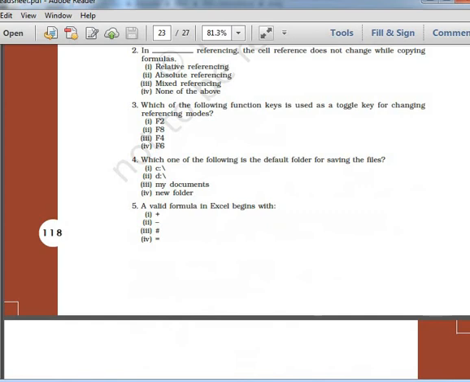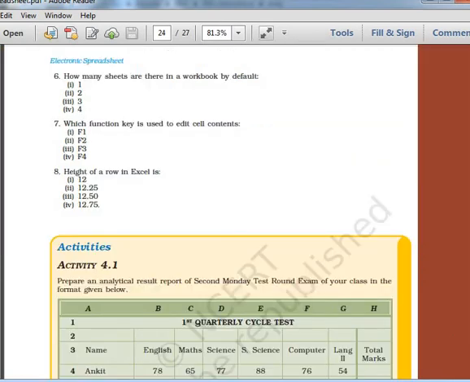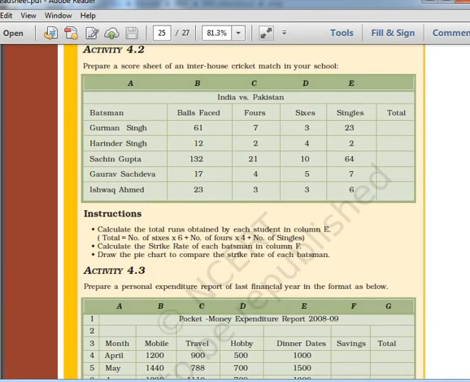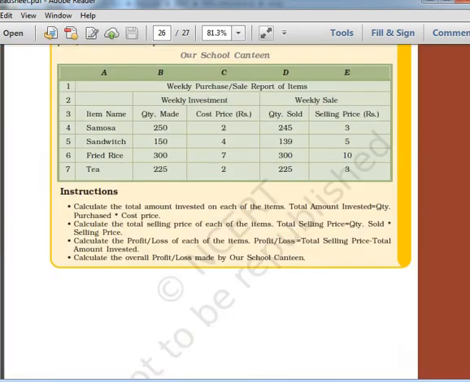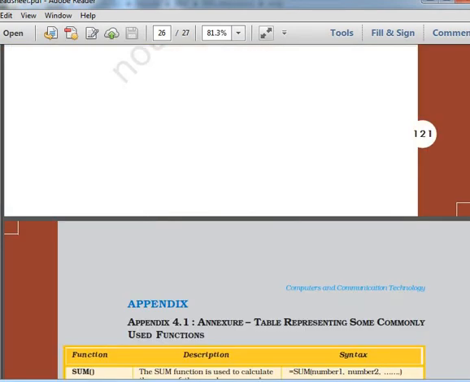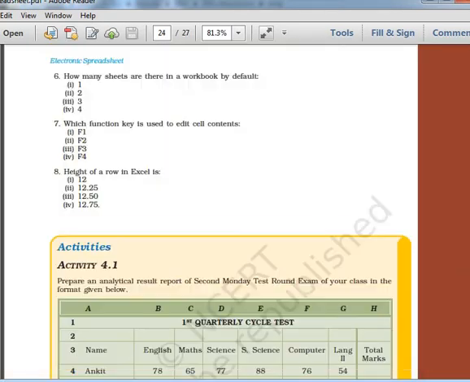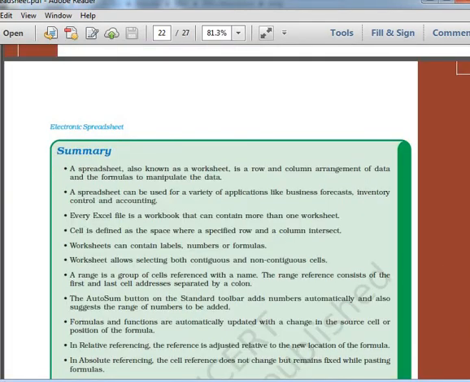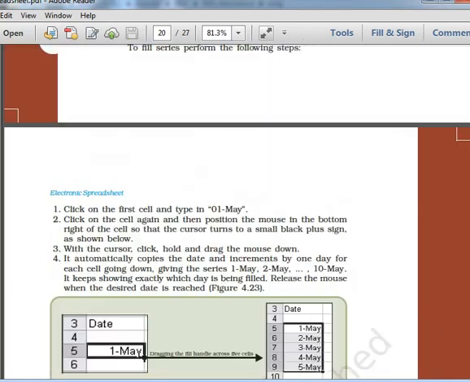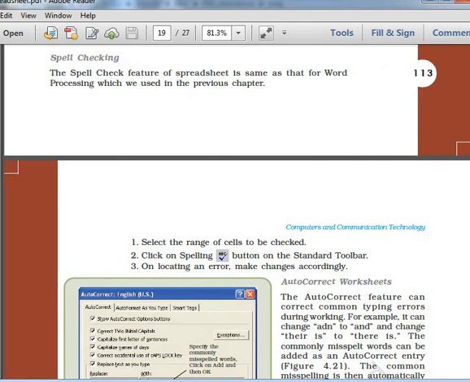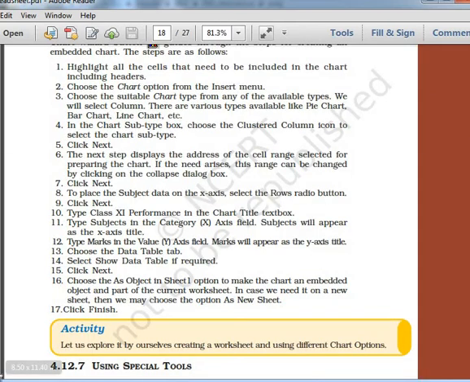All right. Now these are some sample questions: long answer questions, multiple choice questions. You can go through these questions and see if you remember each of these, and if not, then you can go back to the file and remember it, or just go through it. Okay, so after this